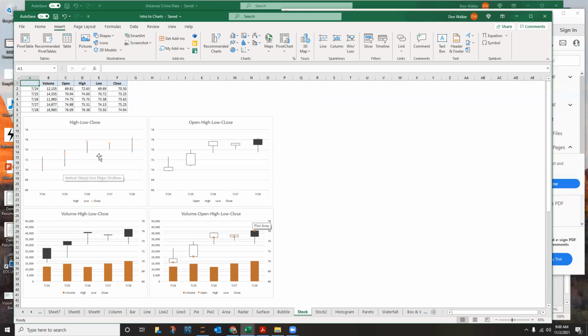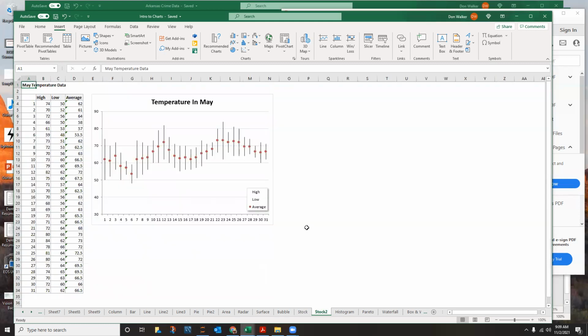So you can see the shorter line shows that the distance between the low price of the day and the high price of the day was kind of small, and then over here you've got quite a bit more. Yeah, there's volume. They throw that in there. That's important because that affects the variation. So that's a stock chart, but I don't know that any of you guys are necessarily working in the stock market, but it can be used for other types of data that are